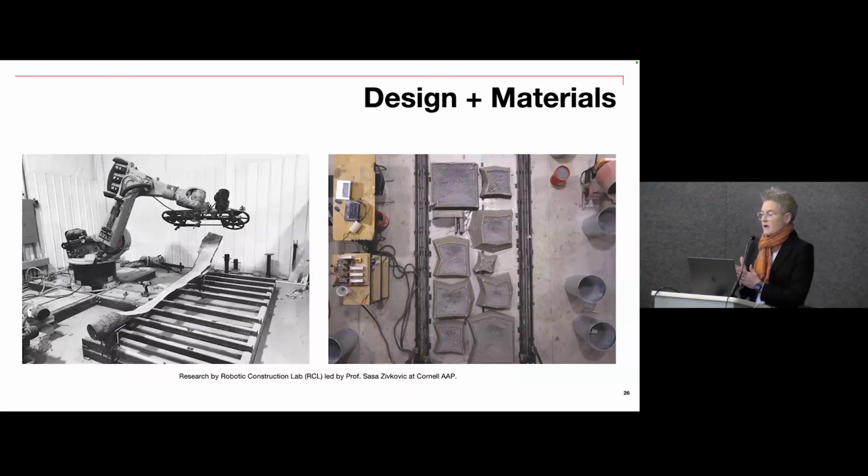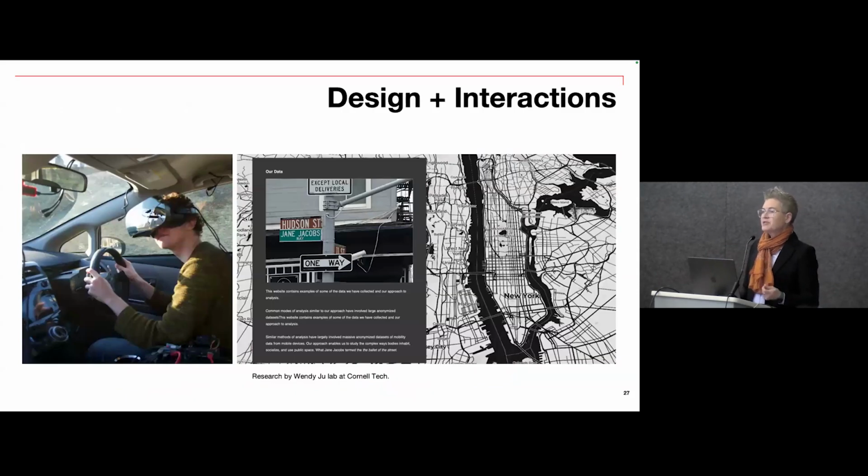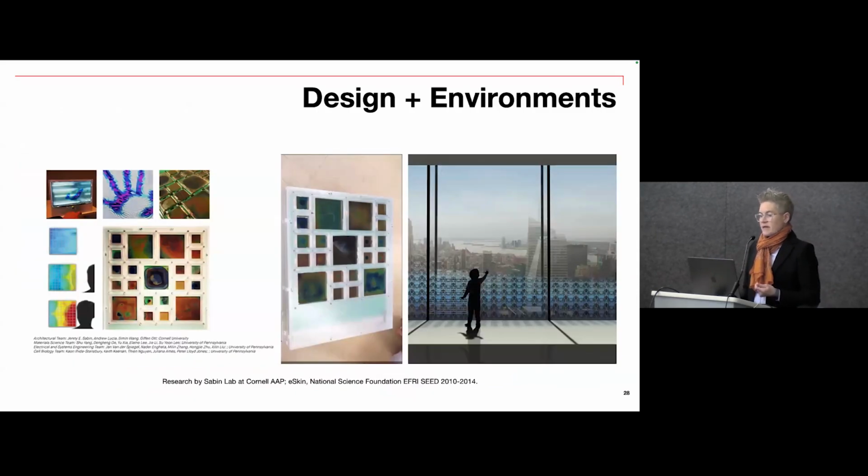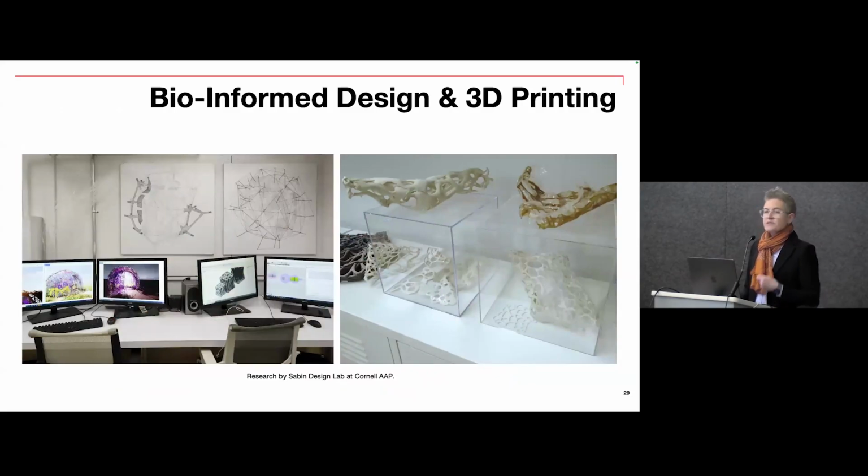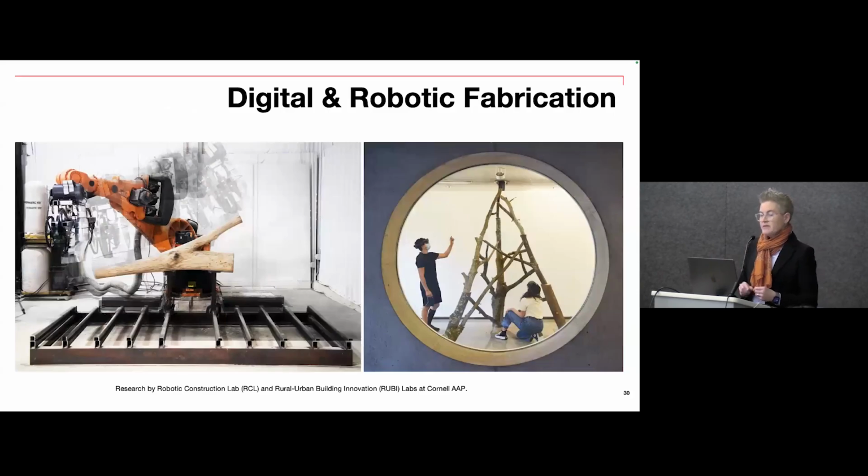The new department and our program is structured through three broad areas, which focuses on the three primary areas, including design plus materials, design plus interactions, design plus environments. And also there are opportunities to get involved with this core research, including areas in AI, data and design, bio-inspired design, interaction design, digital, spatial, and immersive environments, responsive programmable materials, digital media design, and computational design and robotics.